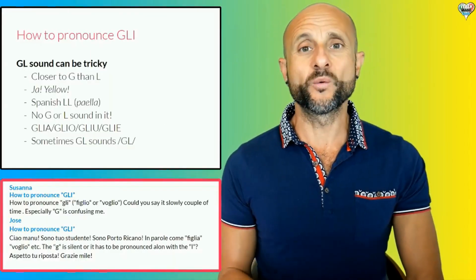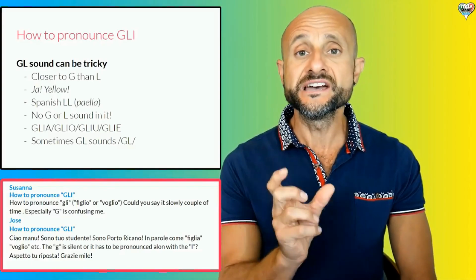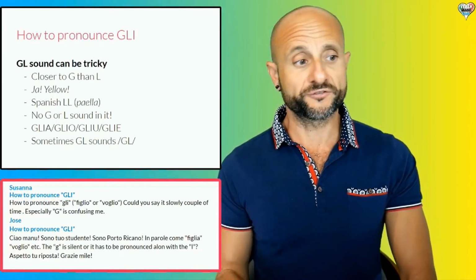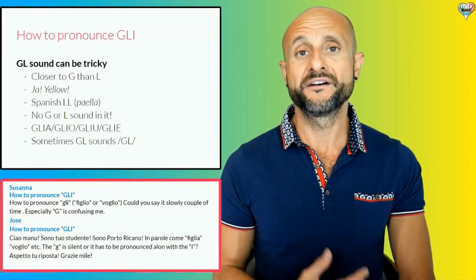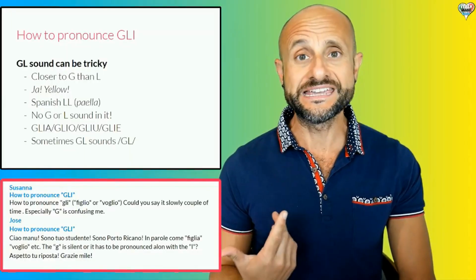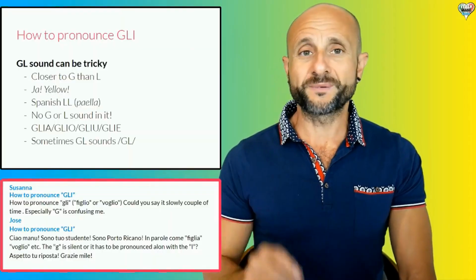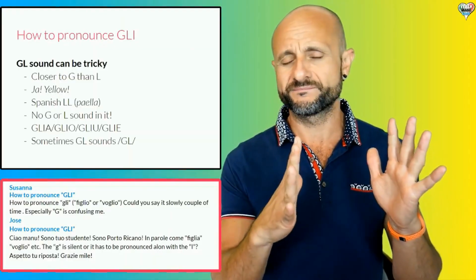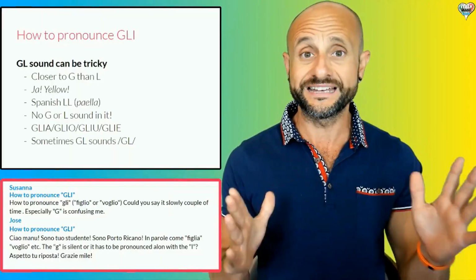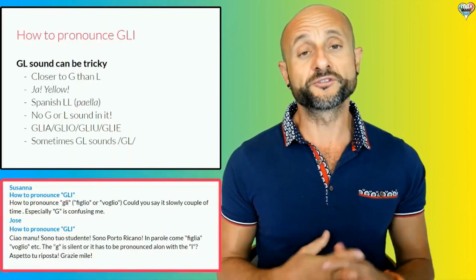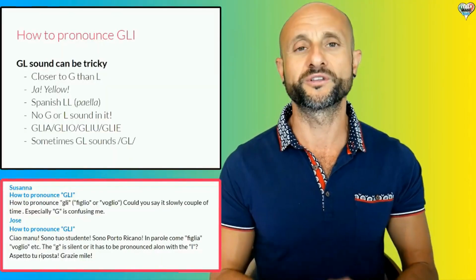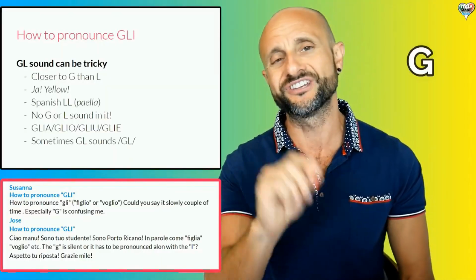So once you get it, you have to also remember that GLI is the way we maintain the Y sound when we need to match it with another vowel. So for example, to say ya, as in famiglia, famiglia, I'm exaggerating, okay, and I'm killing myself. We have to spell it with GLIA. So again, when you look at the word, it might kind of throw you off because there are so many letters. It's one of those rare cases where Italian pronunciation is not easy, because it's confusing when you look at those words with the GLIA.